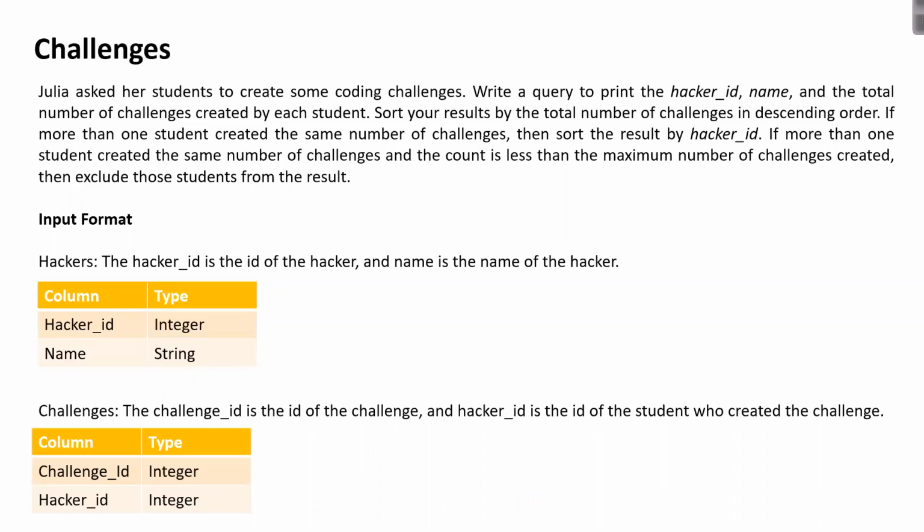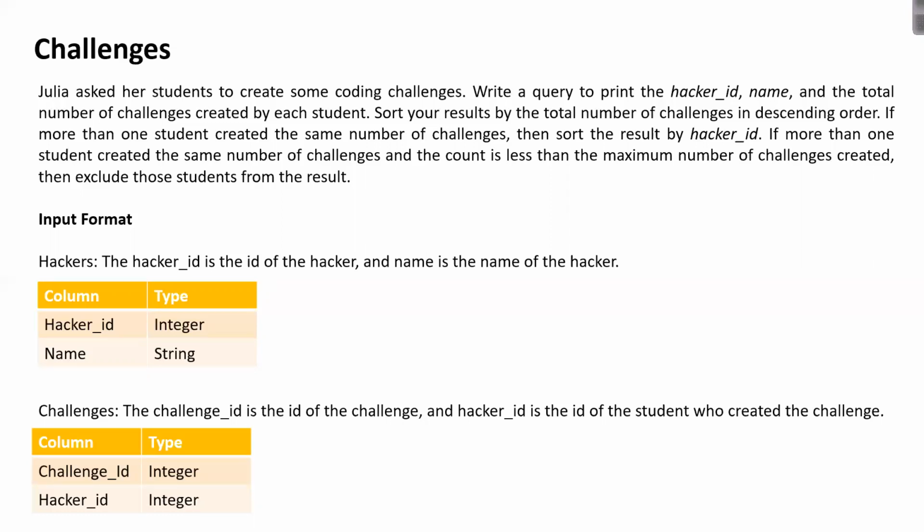So if more than one student created the same number of challenges and the count is less than the maximum number of challenges created, then exclude those students from the result. So if I have more than one student with the same number of challenges and less than the maximum challenges, then only I will exclude. Suppose I have only one student with less than maximum, then I am going to include that.